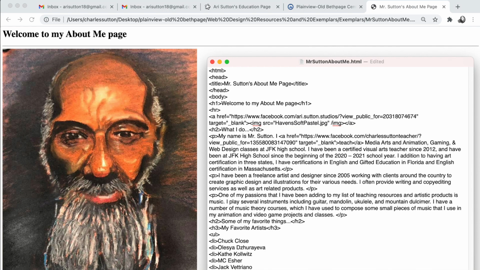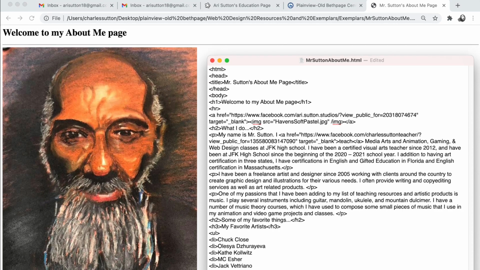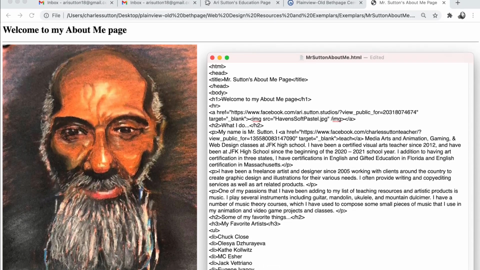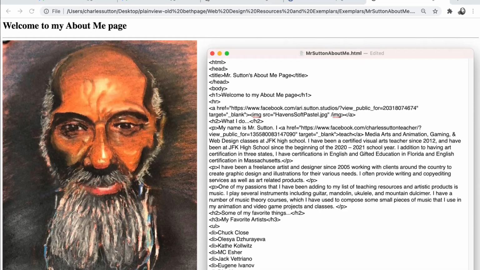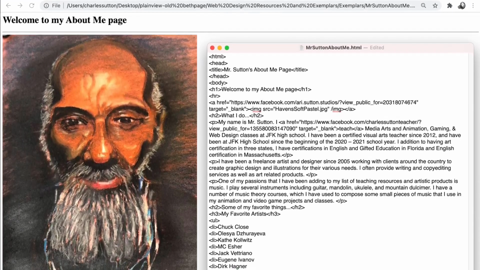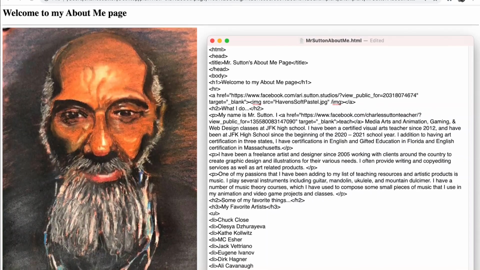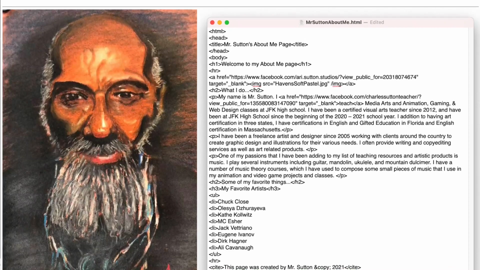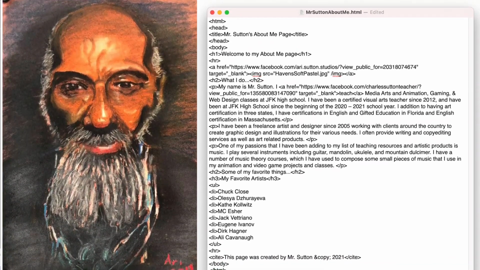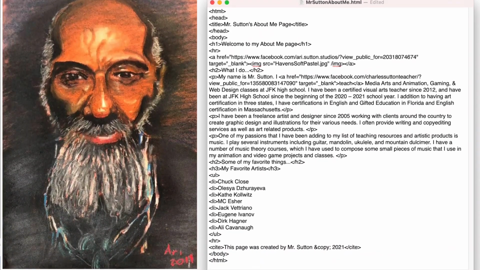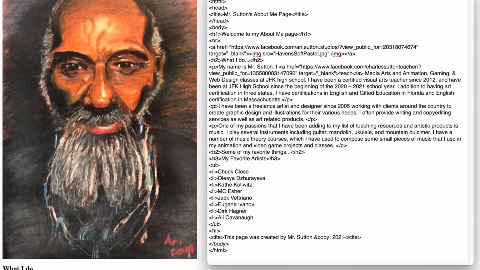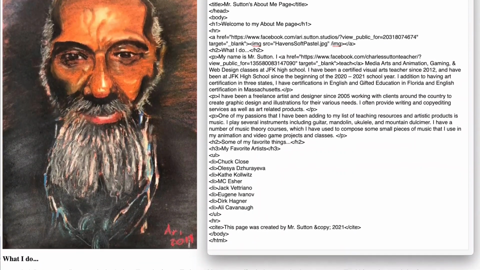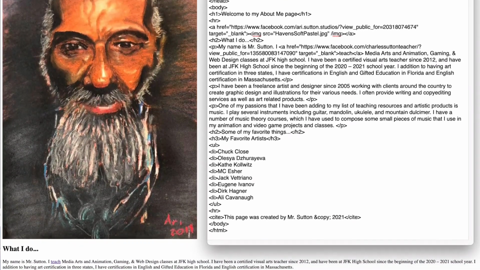Alright, so let's see what that looks like. We're going to save it, Control S. There is no formatting yet, so that will be the other thing you're going to be judged on. So let's see what this looks like when it's refreshed. So what do I have? I have a main heading. I have 2 subheadings, H2 and H2 over here. I have a third size heading for my list, so that's an H3 heading. I have 3 paragraphs, and I have the list, and finally I have the citation at the bottom with an